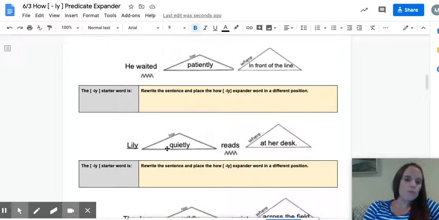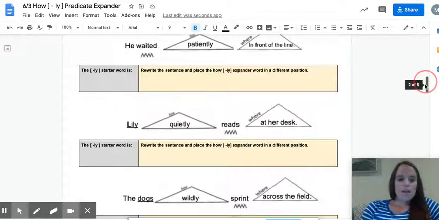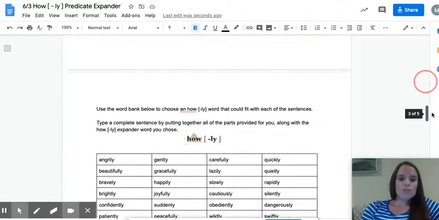There's some where the how expander comes before. So for those sentences, you'll rewrite it just the opposite. You'll put the how expander after the action predicate. So Lily reads quietly. All right, once you're done with those, you're going to scroll down here